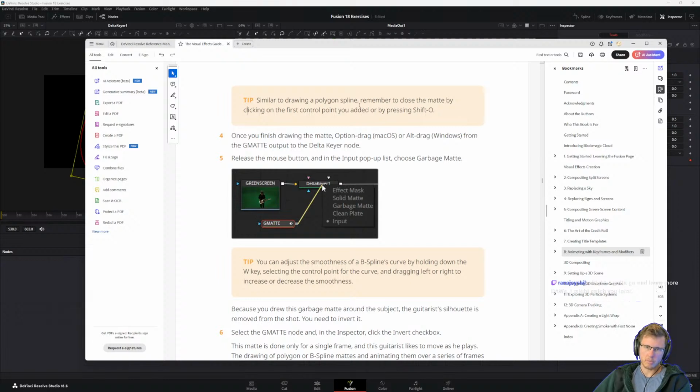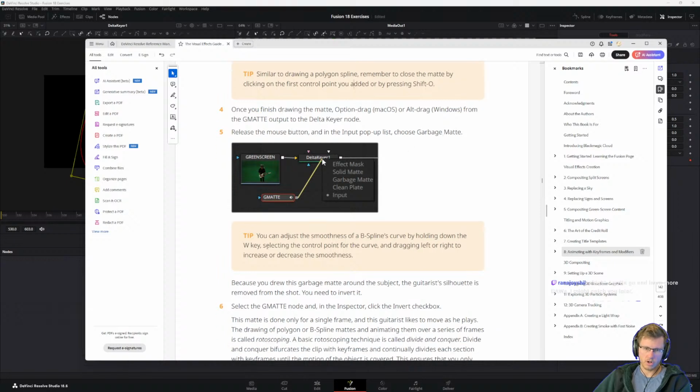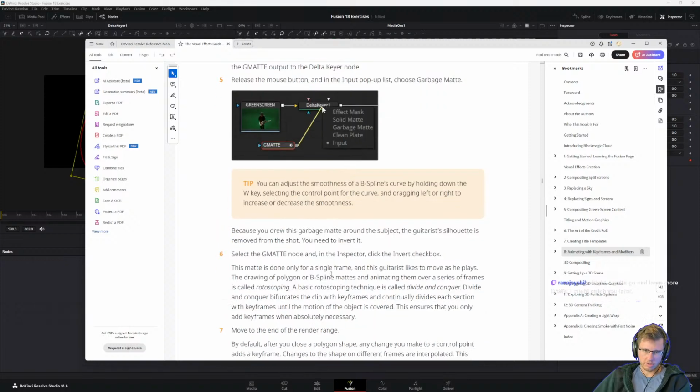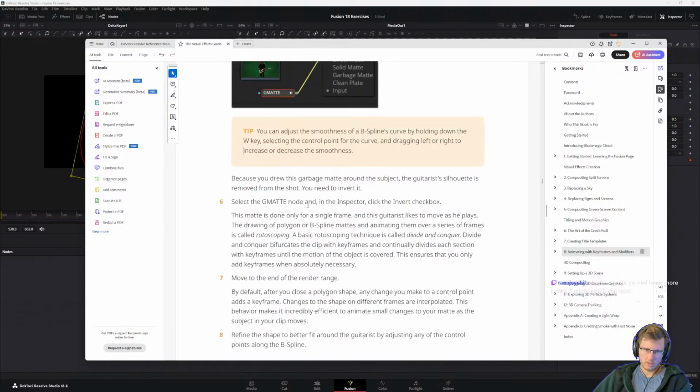Similar to drawing a polygon spline, remember to close the mat by clicking on the first control point you added or by pressing Shift O. And then once you control click drag and you get this preview, you can release it and you choose garbage mat. You can adjust the smoothness of a B-spline's curve by holding down the W key, selecting the control point for the curve and dragging left or right to increase or decrease the smoothness. Select the G-mat node, click invert,